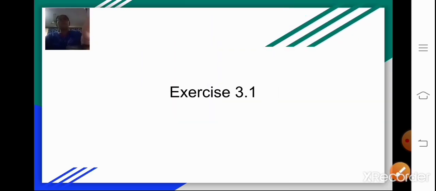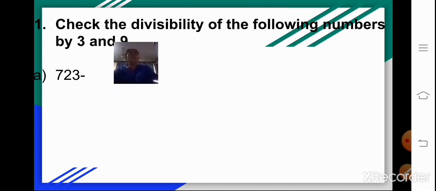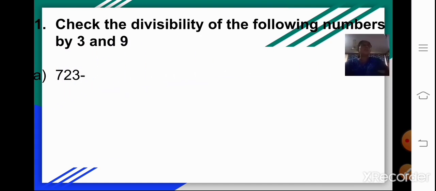Now coming to the exercise part. Exercise 3.1. Check the divisibility of the following numbers by 3 and 9. This you have to take down or write down in your notebook. All the exercise sums which are done in the presentation have to be copied in your notebook. Now here, to check the divisibility of the numbers by 3 and 9,